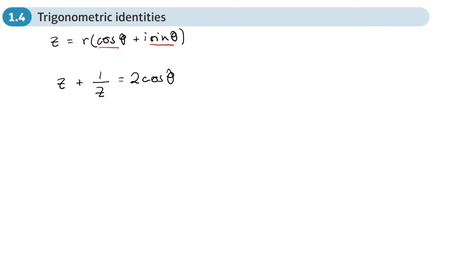You can prove it by actually taking this statement here and multiplying it by 1 over that, and using the double angle formulas you can end up with this statement here. So this statement is always true for any complex number when it's written in this cos sine form. We can apply powers to that. So if you've got a complex number to a power plus 1 over the same complex number to a power,